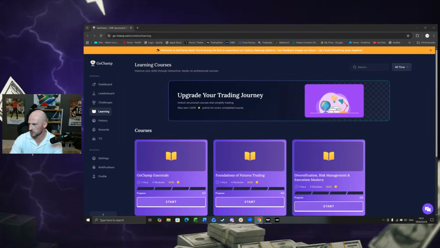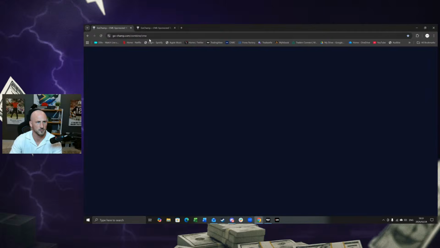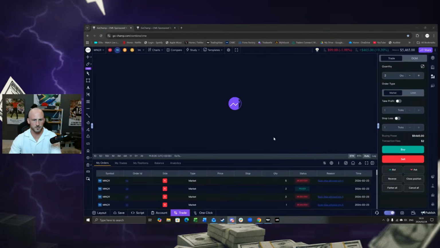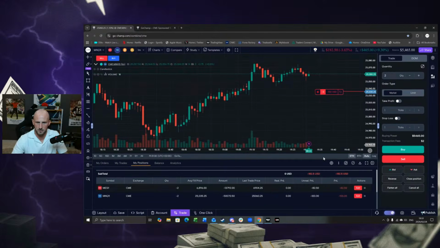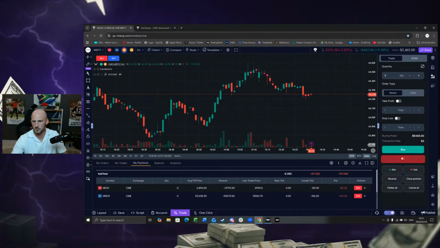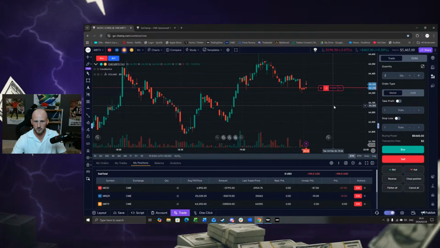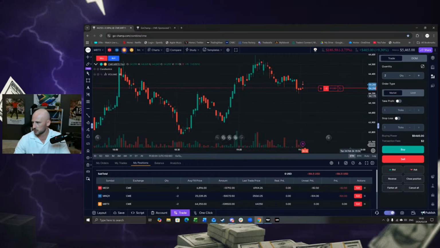So there's the learning page. Let's get mine up here like this. Our positions. I'm going to try a short on Bitcoin. There we go. So I sell 2. There you go. See how this works. I've never actually traded Bitcoin intraday in a while. So I've done it back in the day, last year a little bit, but haven't done it in some time. So let's see how this goes. I do like the shorts of this level.